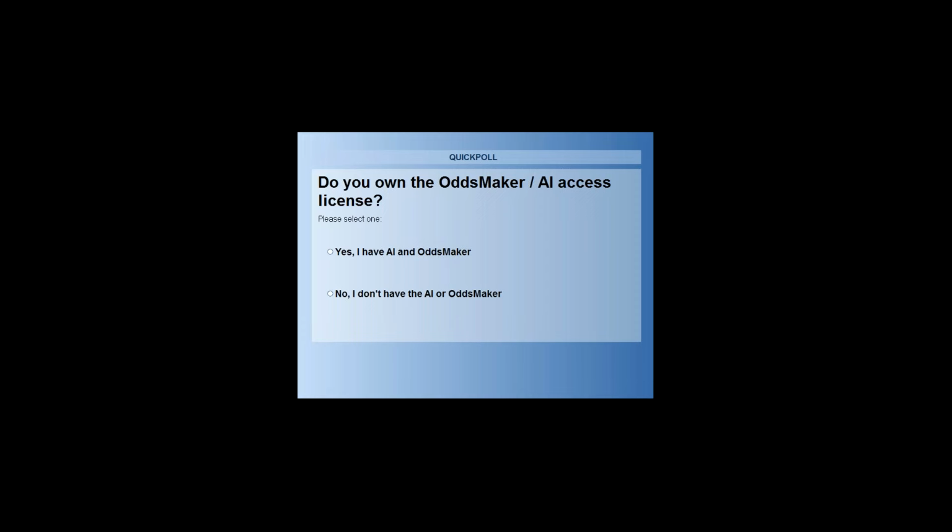It's, do you also have the OddsMaker AI license? Now, to access the artificial intelligence Holly and her higher functions requires owning the OddsMaker license, which is a backtesting tool. So it's really one and the same, and you can think of it as getting the AI and backtesting in one. And it's a single lifetime license fee, and as long as you have an active TradeIdeas subscription and the AI access license, you have our AI and backtesting tools.